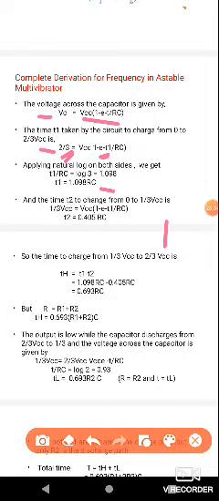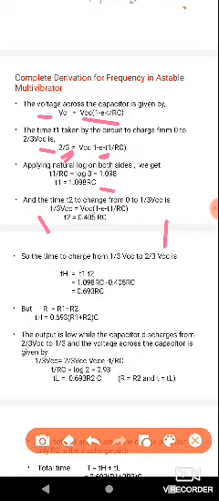At the same time, we are also getting T2. T2 is the change of position from 0 to 1 by 3 Vcc. First from 0 to 2 by 3 Vcc, here it will be changing from 0 to 1 by 3 Vcc, the triggering input. 1 by 3 Vcc is equal to Vcc into 1 minus e power minus t by RC.